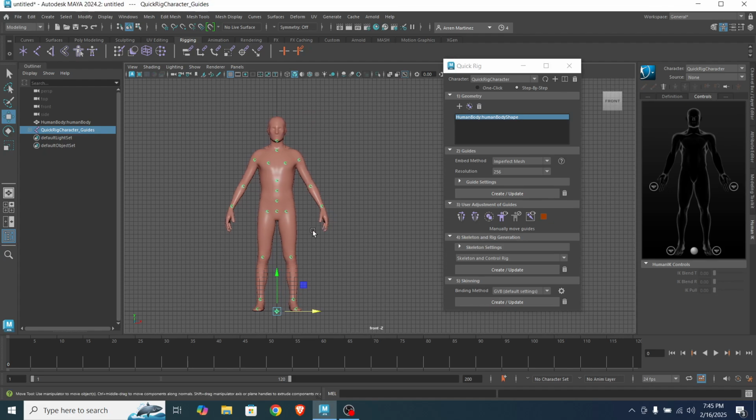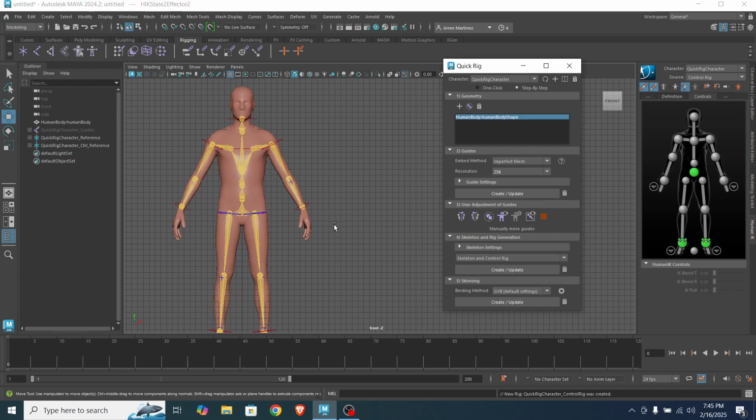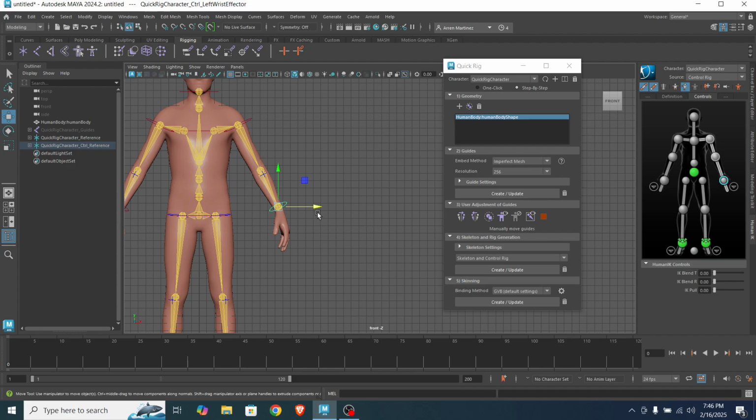So after this, we have stage 4, the skeleton and rig generation. Once we click, it automatically creates the bones. Okay, so basically if we move the skeleton, the skin of the character will not follow, because we have here the final stage, the skinning.